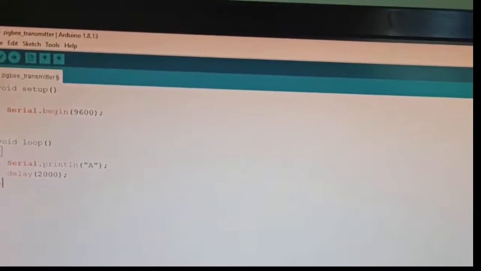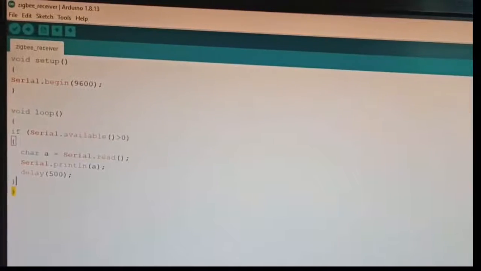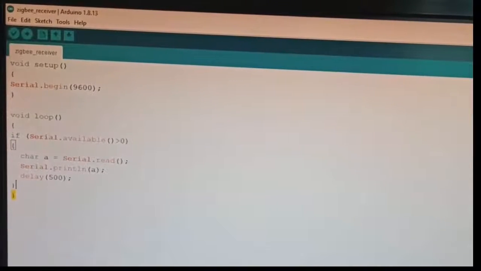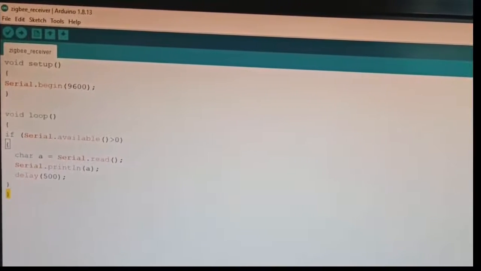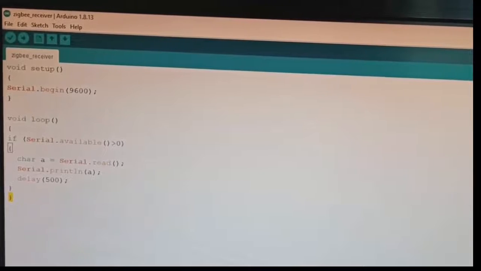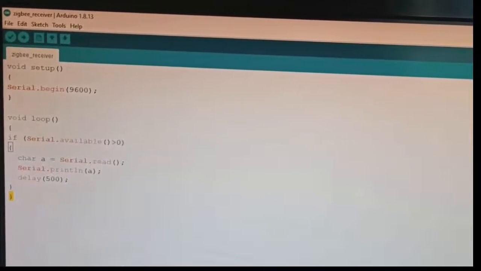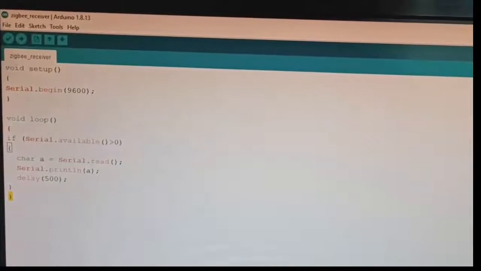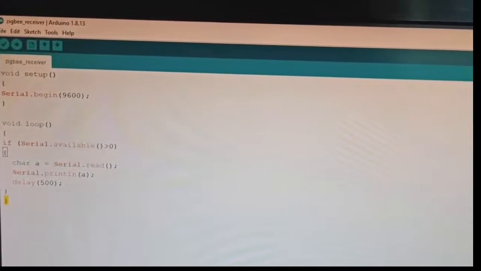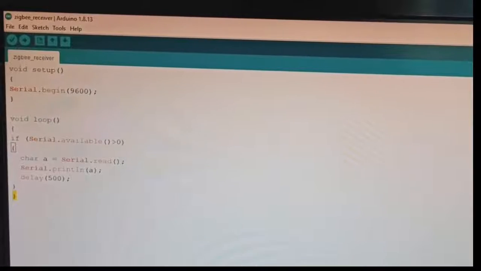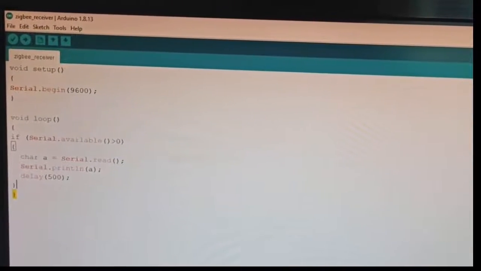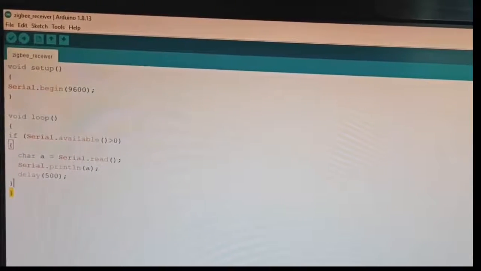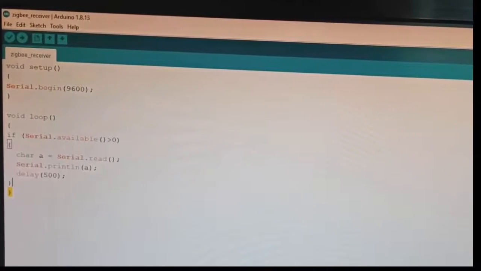Then let's see the receiver programming of the ZigBee. This is the receiver programming of the ZigBee. Here also we are using the same setup function, Serial.begin(9600). Then in the loop function, first we need to check if there is any data available in the serial receiver or not.